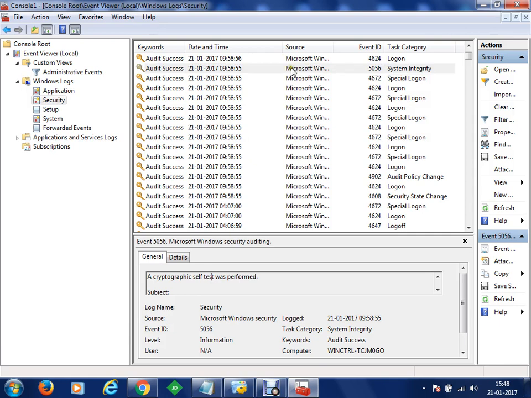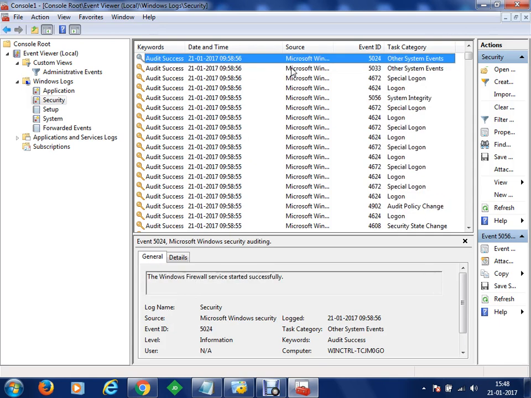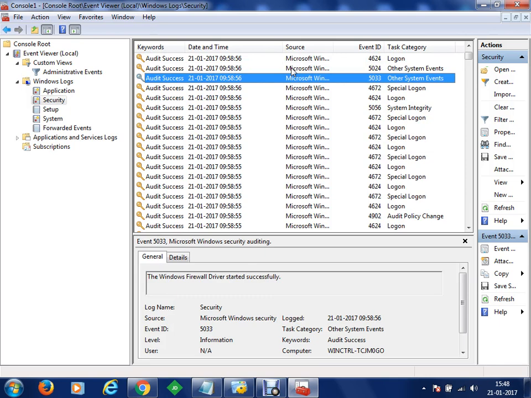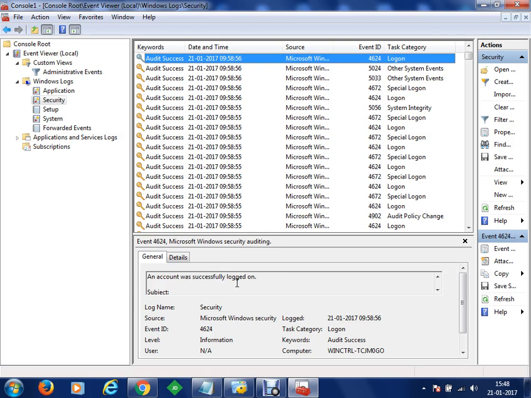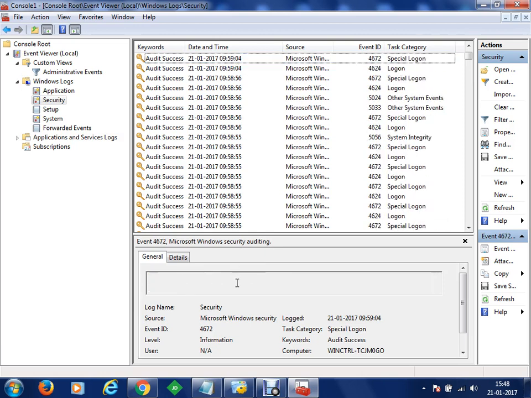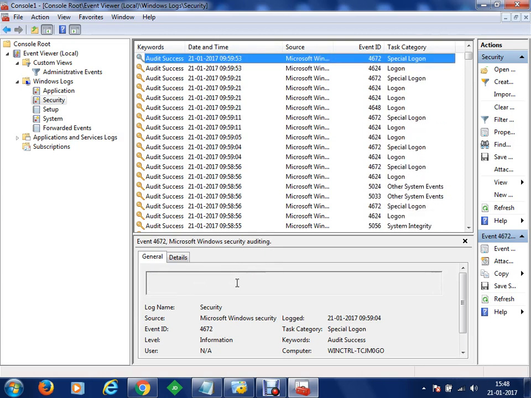So you can see that a lot of things happen as soon as you start your machine. Your Windows firewall driver has started successfully, and the firewall service has started successfully. The account was successfully logged on with the special logon features. These are the events which are continuously being executed once you use your machine.